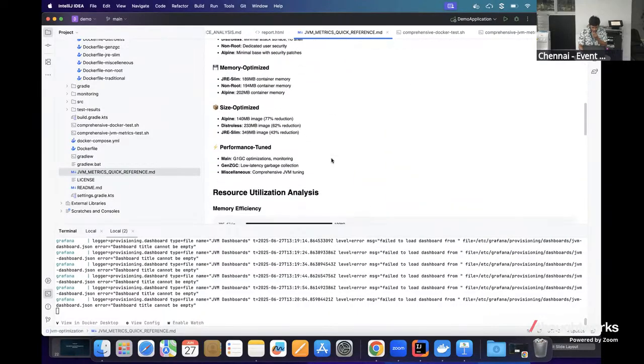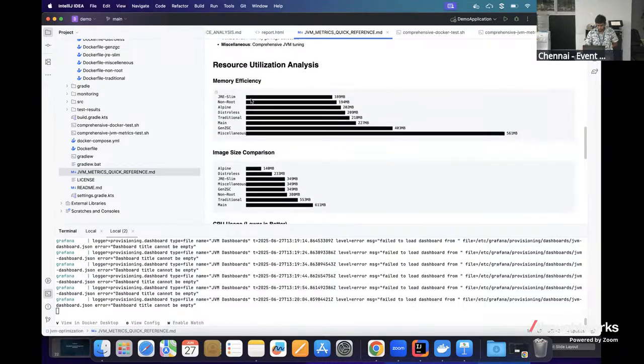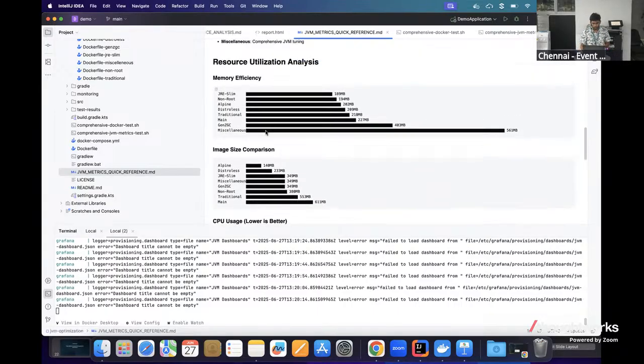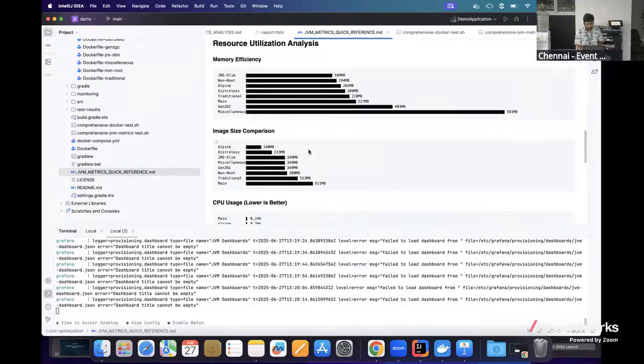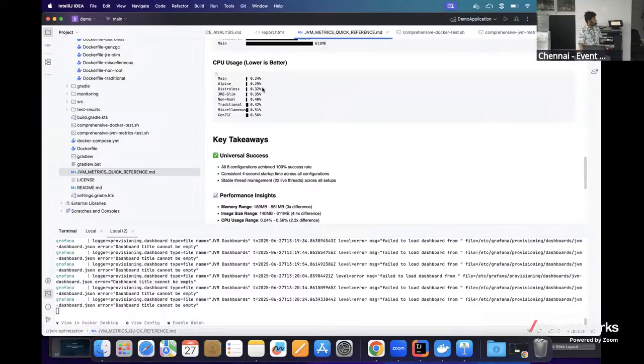As I said, on memory efficiency you can see that JRE Slim has the least, having a smaller size compared to the traditional ones. And I've also tried to capture the CPU usage. What I have tried was